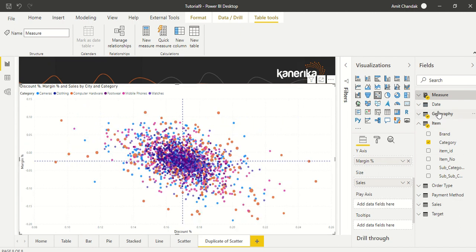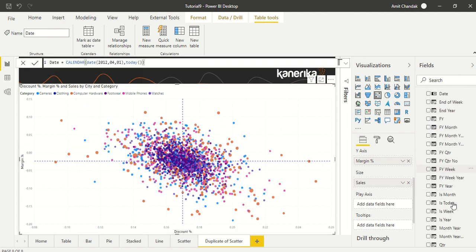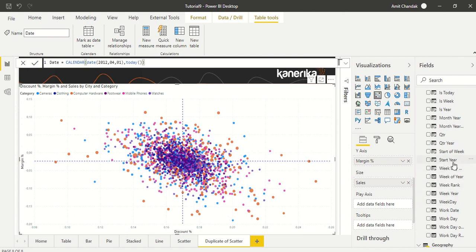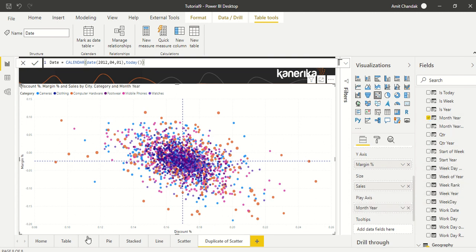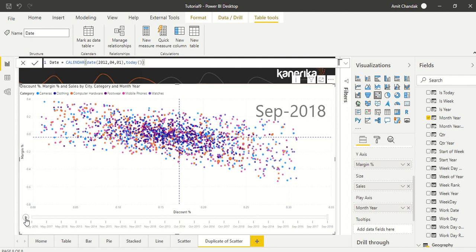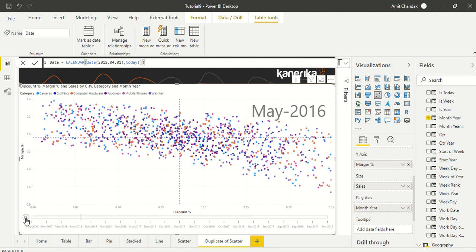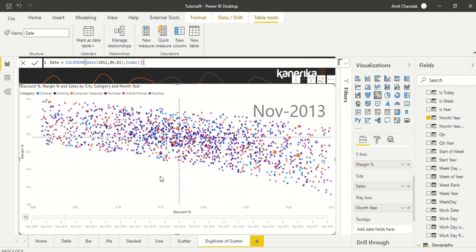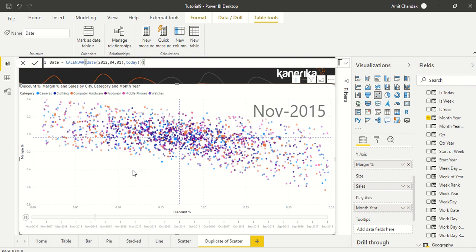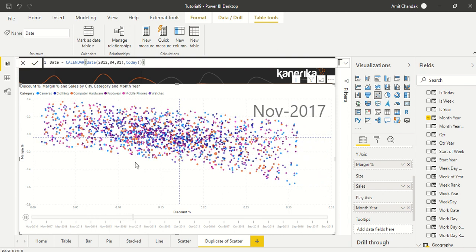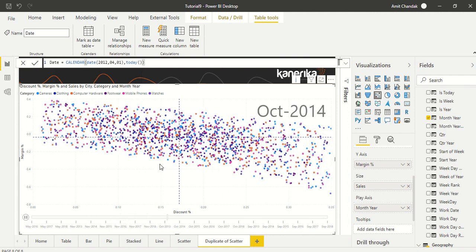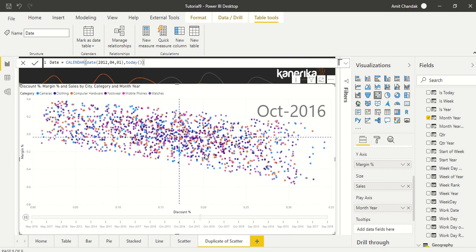and move brand from here and let's go ahead and do, let's say, month year here. So let's find out where is our month year. We have it here, and let's put this on the play axis, and then let the play axis appear, and now let's try with the month year. Okay, so you now start seeing an altogether different picture out here, where you can see with the basic month year how this is behaving.